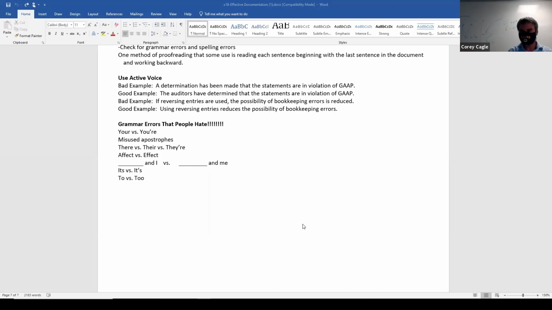I will completely rewrite a sentence if I can't figure out which one is the correct way. I'll just change it. Yeah, the best way to do it is drop the so-and-so and part of it and just see if it reads correctly with the me or the I, as if the other part wasn't there.